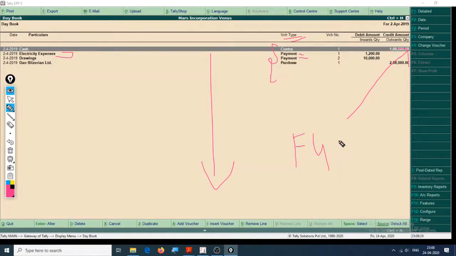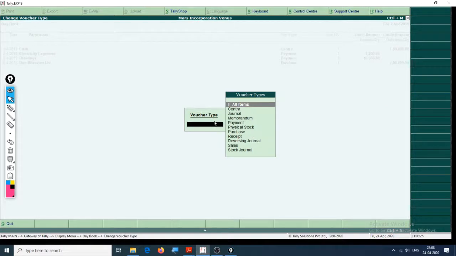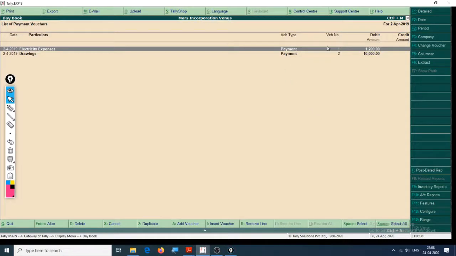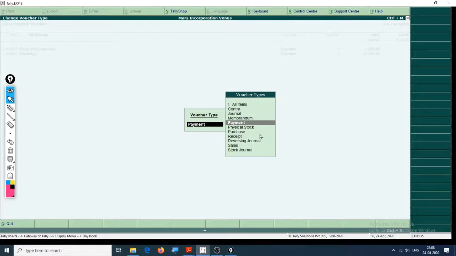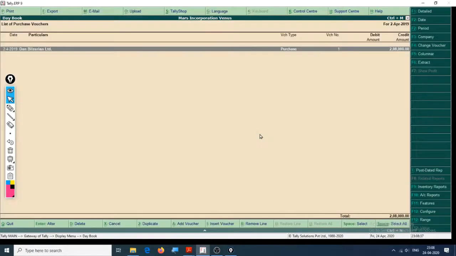Choosing F4, it has offered us several options: which voucher types do you want to see? We want to see payments, hence it has filtered all the payment vouchers on the day 2nd April. Suppose we choose purchase, it shows all the purchase vouchers.